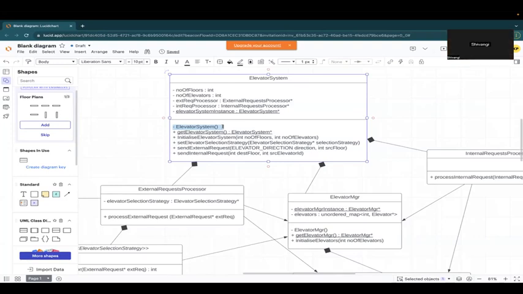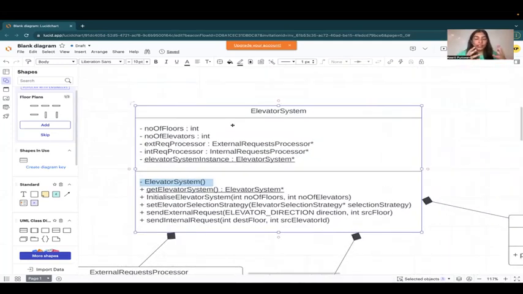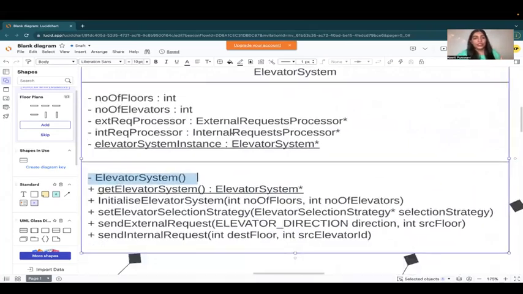Why is this a Singleton pattern? Private constructor. Very good. So this is a private constructor. So see, again, back to basics. From the UML itself, you should be able to tell what design patterns you're using,